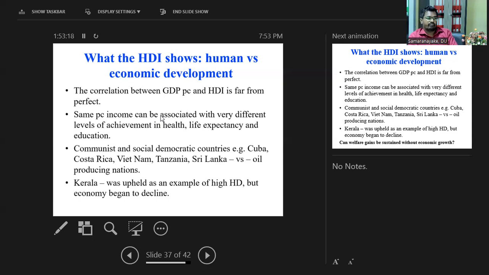Because we have good life expectancy, good education enrollment, even literacy rate, we are the highest in literacy rate in South Asia. So we are getting a fairly good index for this. But when it comes to growth and production, it's not matching, right? So such confusions are there when it comes to these indexes once we compare them. This is common for countries like Cuba and Vietnam and some other countries.